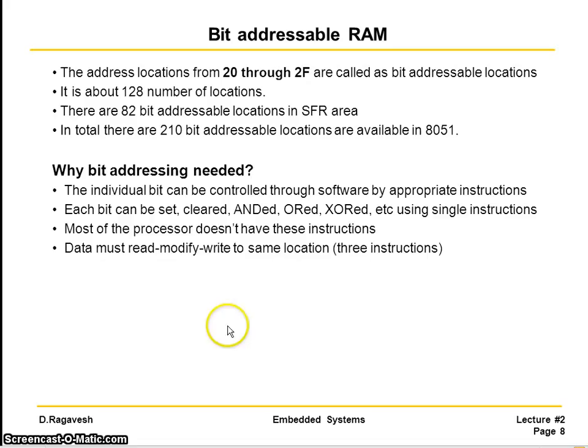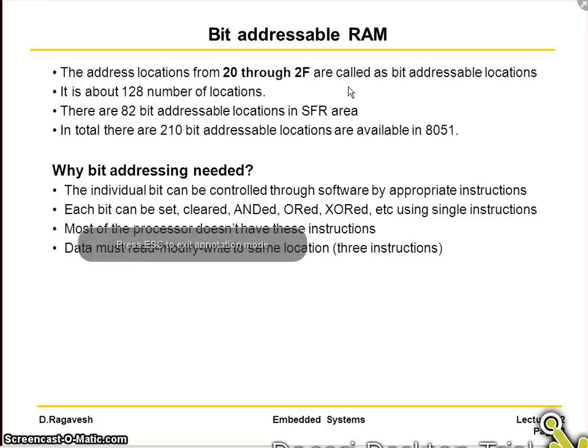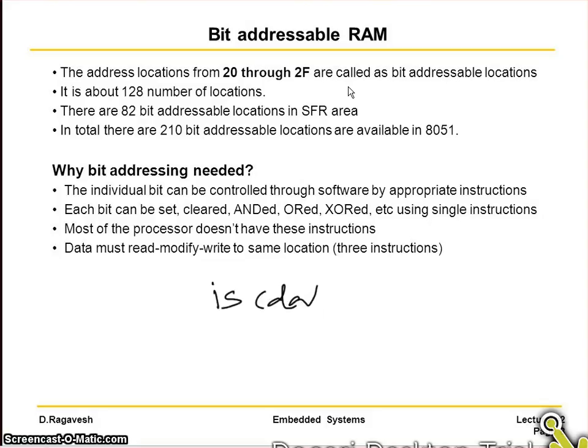So what is that bit addressable location and where is it used? Most of us are aware that when we are developing some hardware circuit, maybe you want to do some signaling, like is data available? If data is available, then you may need to go for data transfer. So assume such conditions where you want to use a single bit signaling. We don't want to have a full variable there. We want only a single bit which we can show as a 0 or 1.